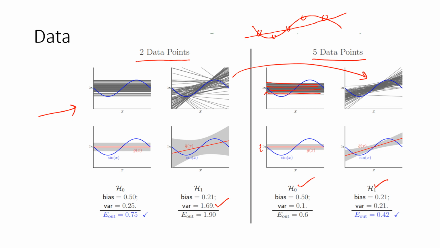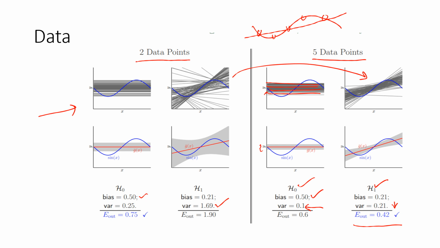As a result of that, when we repeat it over a large number of data sets, we get the bias and the variance. And as you can see in H1, there is a huge decline in variance as a result of the number of data sets. So the winner in the 5 data points problem is H1 because we have a lower E out. And if we look at H0, my bias didn't change at all. That is, how well can my G bar of X do with respect to f of X? That's what bias is. I did bring down the variability a little bit, but not as much. And so that's why my hypothesis set H1 is better in this situation.